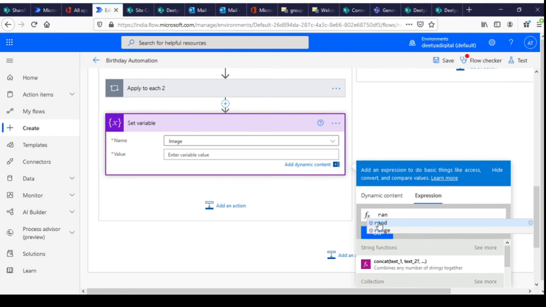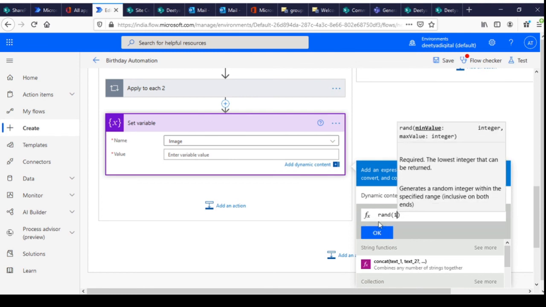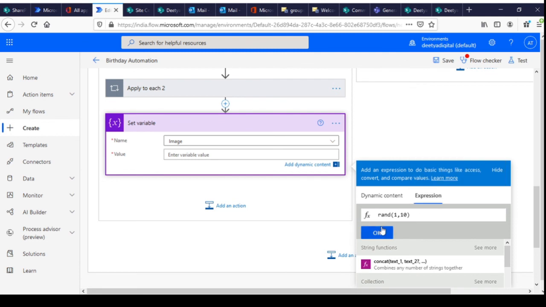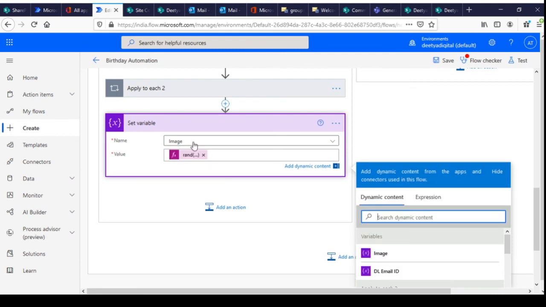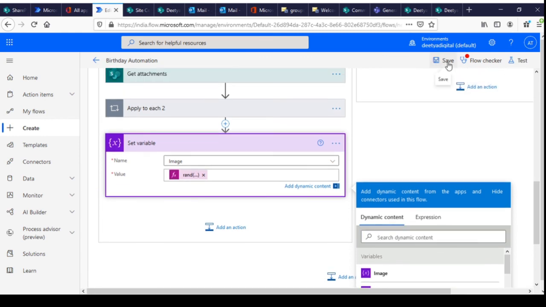Random, we have 10 images, right? Then 1 to 10, that's it. So it will change the number, and in the next loop it will.